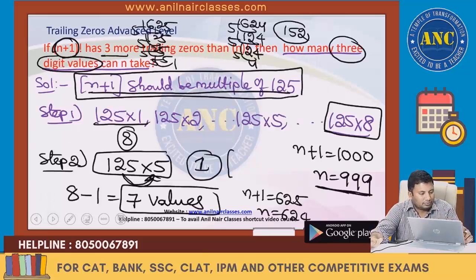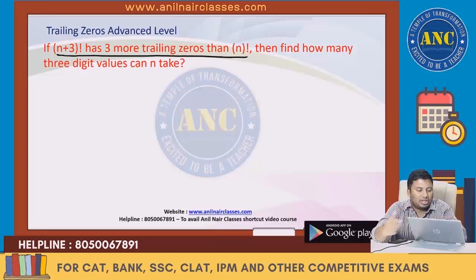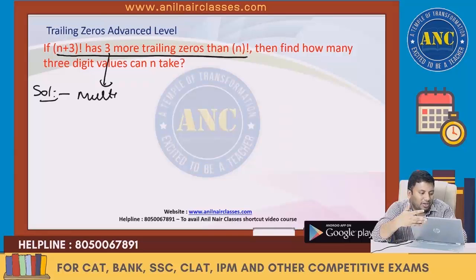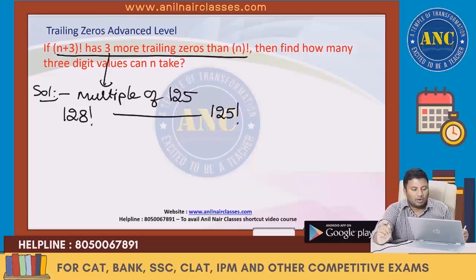Next one. Now let us solve this question. n plus 3 factorial has 3 more trailing zeros than n factorial. Answer should be a multiple of 125. That means if this is 125 factorial, this will become 128 factorial. Now what will be the